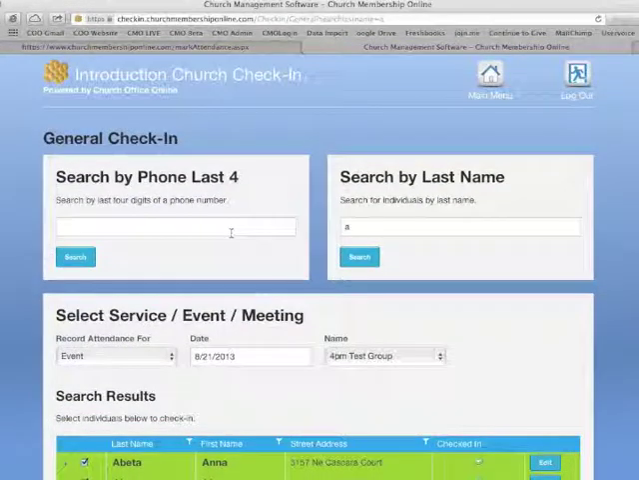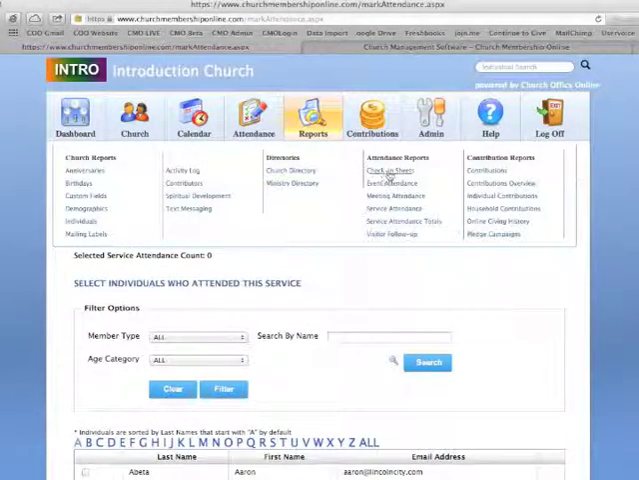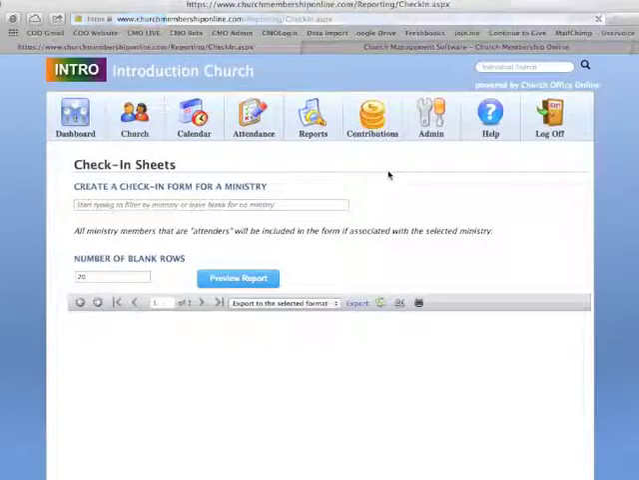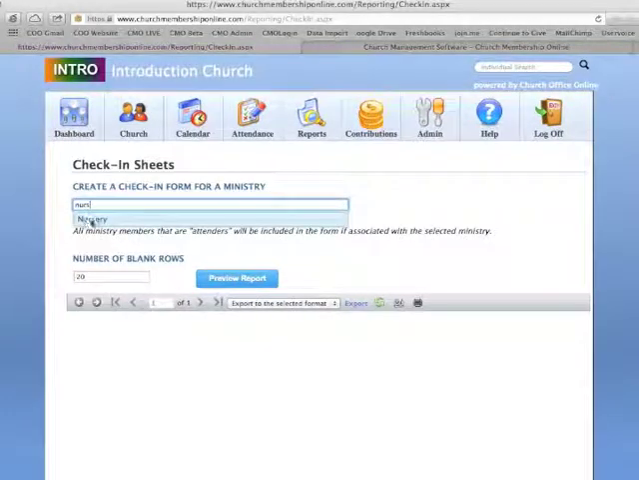It's that simple. Also, you can use the check-in list, the old school form if you want, by simply going to reports and going to our check-in sheets. All you simply have to do to create a check-in form or list is to start typing in the name of your program. Say if it's a nursery, then it will populate down here,